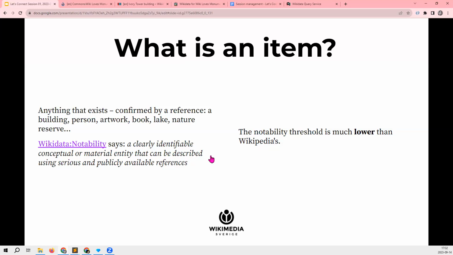That means the item is notable for Wikidata. And thanks to these notability criteria, the Wikidata community has been able to create many hundreds of thousands of items about cultural heritage objects that do not have their own Wikipedia articles.